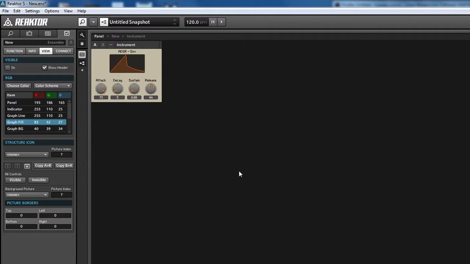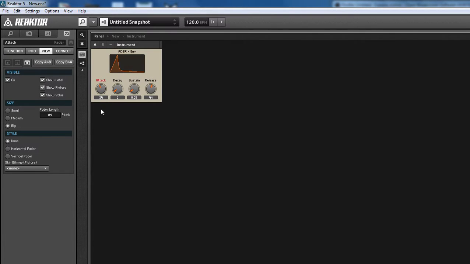Different ADSR modulation, which you can see there, attack, decay, sustain, release, with a monitor as well. The monitor allows you to see what you're doing with the waveform, which is brilliant, and it makes creating sounds a lot easier. So what you want to do first of all, when you get to this page, is